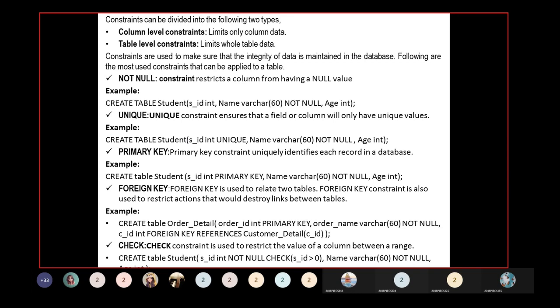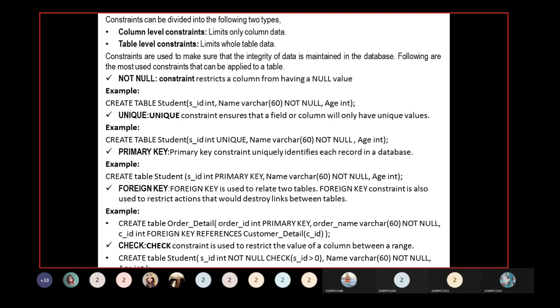And the table can have only one primary key, which may consist of single or multiple fields. So look at this example. In a student table, the student ID should be a primary key here.